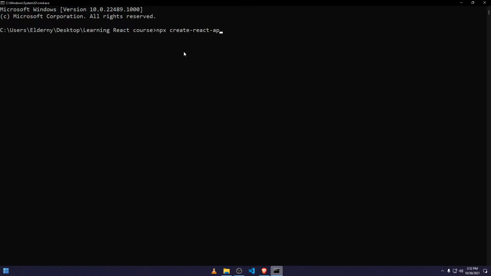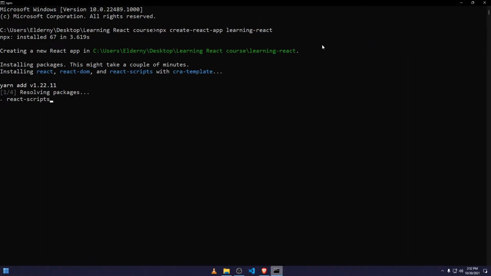create-react-app. So the npx create-react-app is a basic syntax that you need to write while creating a React app on the first step. Then after writing this, you need to write the name of the folder wherever you want to create this. So let's say I'm gonna say learning-react. So this is a basic syntax. You can also check the syntax on their official website, reactjs.org. I'm gonna hit the enter button, and it's gonna start downloading the necessary node modules